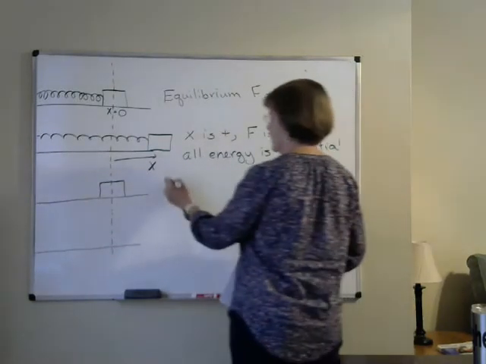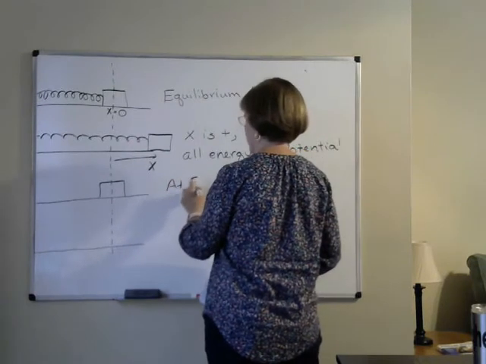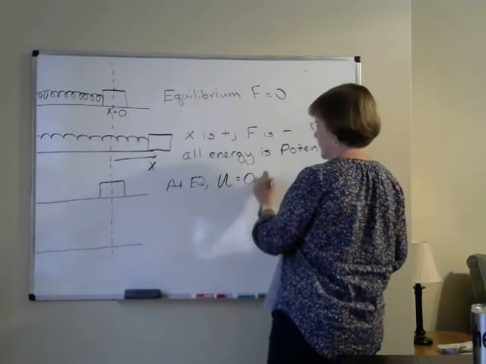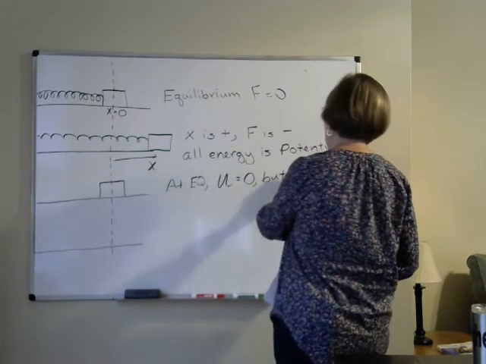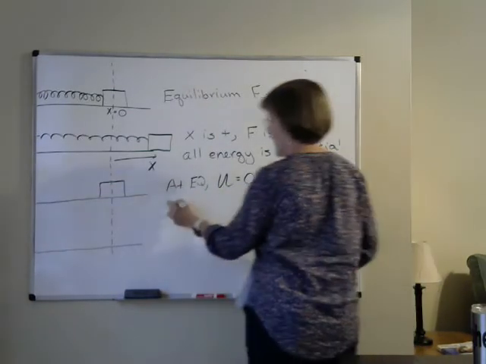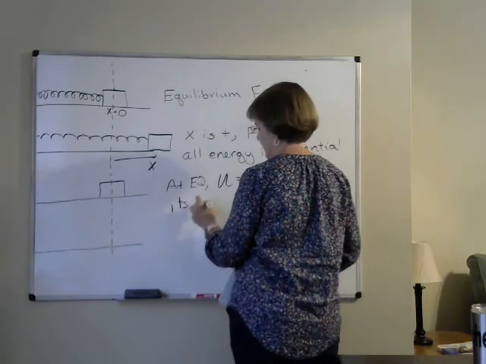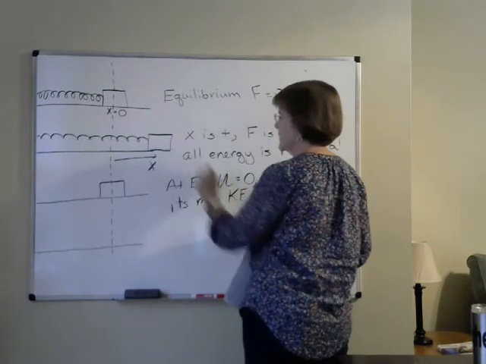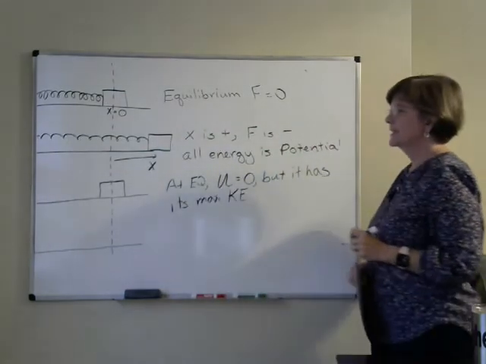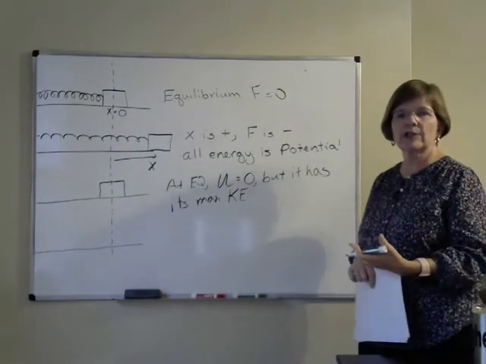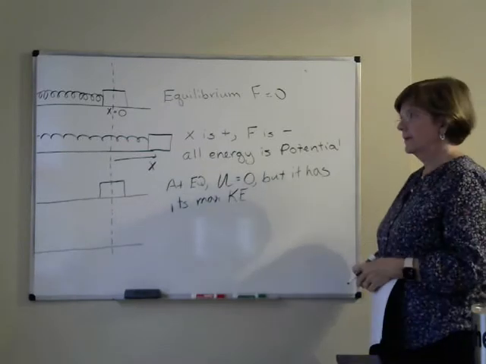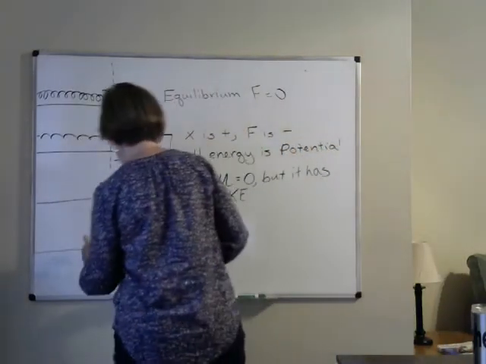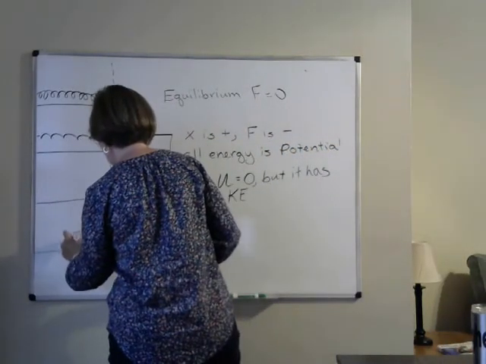Because now, at equilibrium, the potential energy is equal to 0, but it has its maximum kinetic energy. All of the potential energy we gave it when we stretched it has been converted into kinetic energy by the time it reaches that equilibrium. Because of that, it's going to overshoot equilibrium, and it will go until all that kinetic energy,